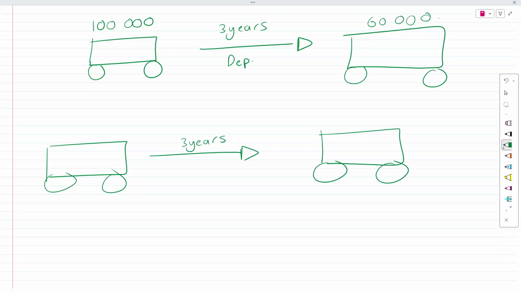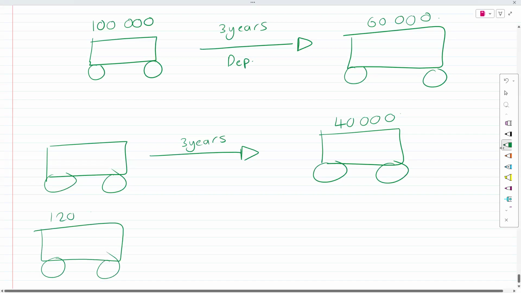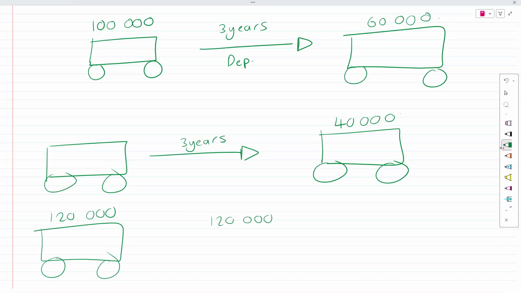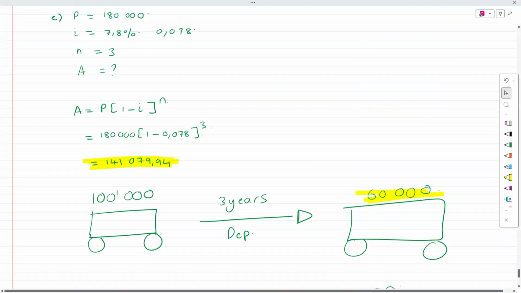So when I pay this loan for 3 years, maybe, I'm just giving an example, guys. I can redo this question. Maybe I paid 40,000. Now that I paid 40,000, I can say, okay, the total loan I was supposed to pay was 120,000. So 120,000 minus the 40,000 that I already paid equals 80,000. So what I did was I compared that the car is not worth as much as I owe for the loan.